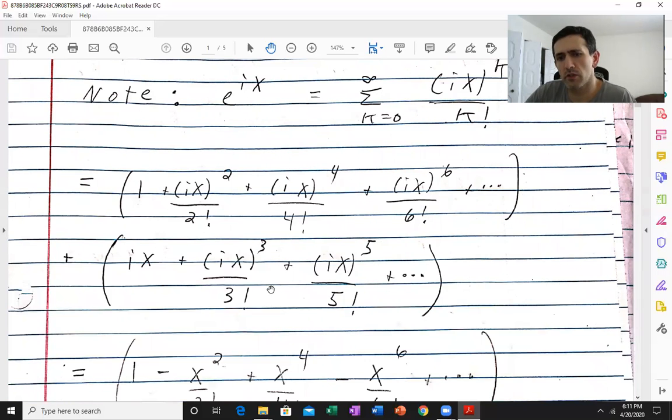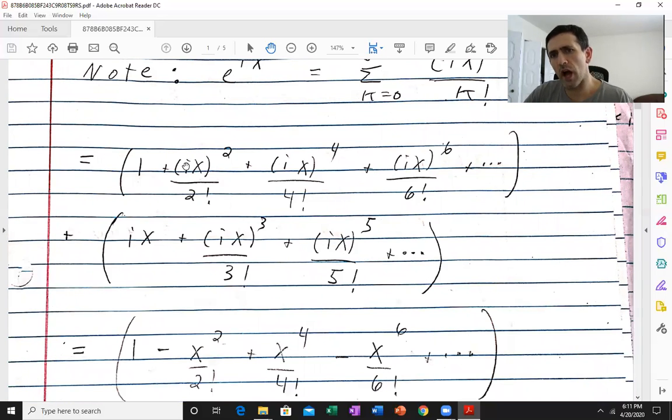Let's look at the even terms here. i squared is -1, and that means i to the fourth is -1 times -1, which is 1. That means i to the sixth is i to the fourth times i squared, which is 1 times i squared,